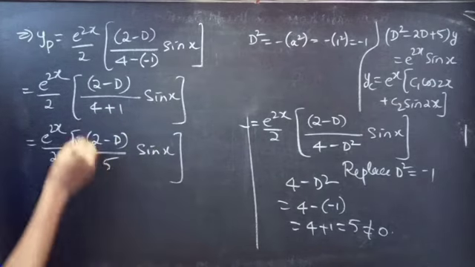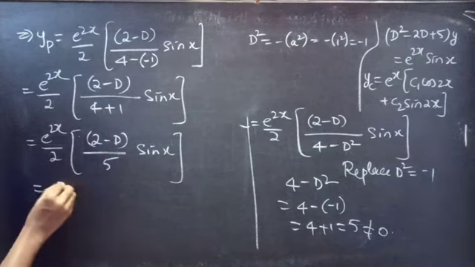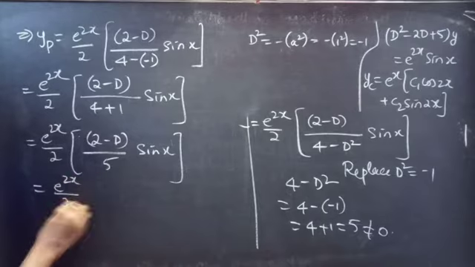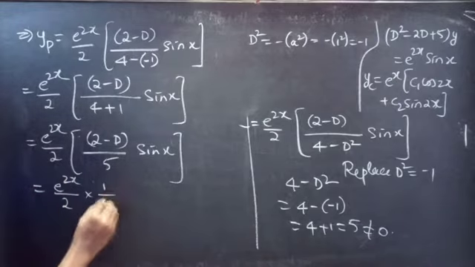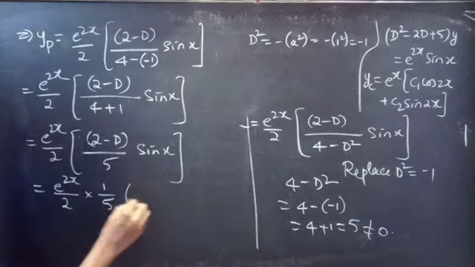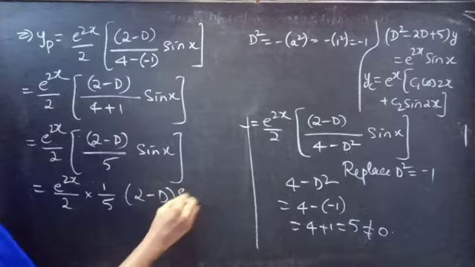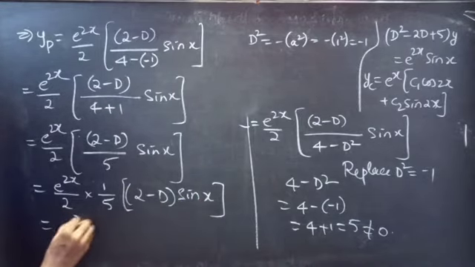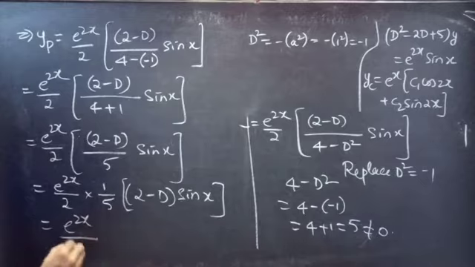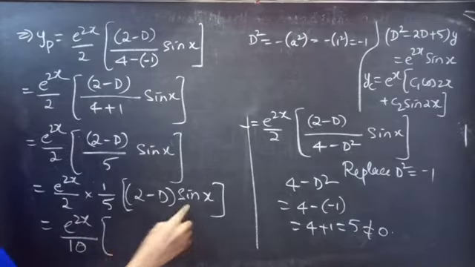Now take this 1 by 5 outside the brackets. We'll get e^(2x)/2 into 1 by 5 into (2 minus D) into sin x, equals e^(2x), 5 twos are 10, into 2 sin x